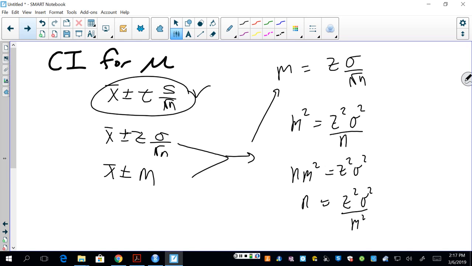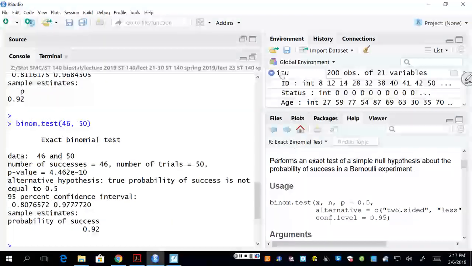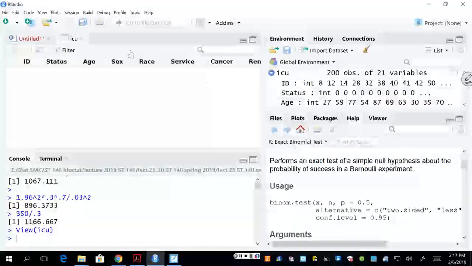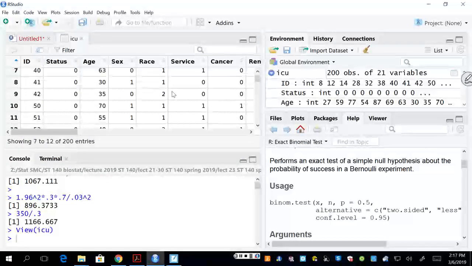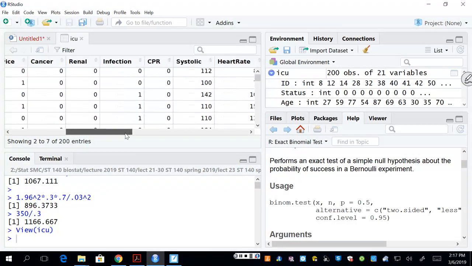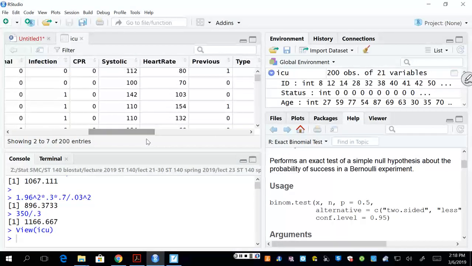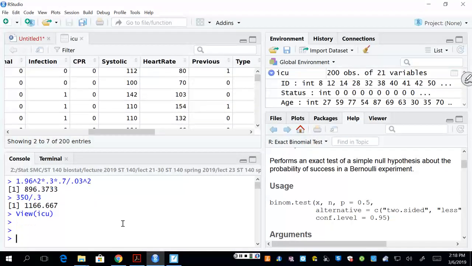And so, just to get some numbers, what I've loaded in here is a data set about people going to the intensive care unit, right? And there's age, race, a bunch of other things, systolic, heart rate. So if we try to make up an example based on estimating age,